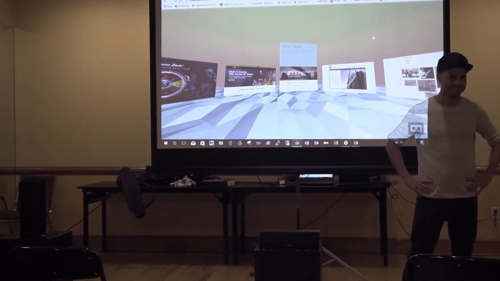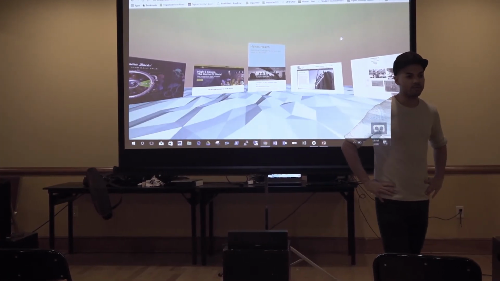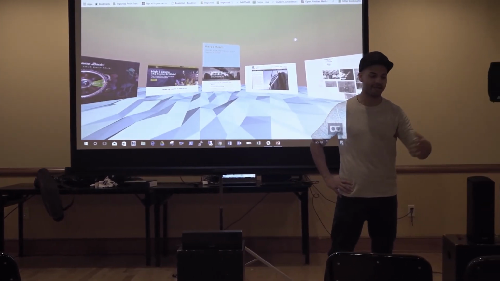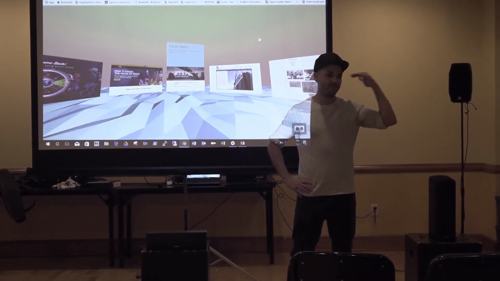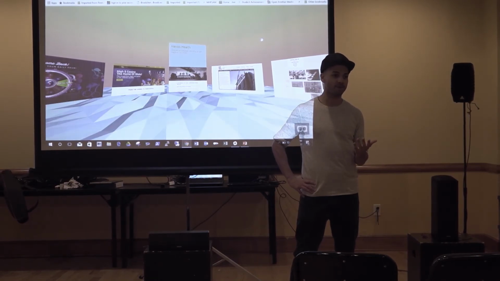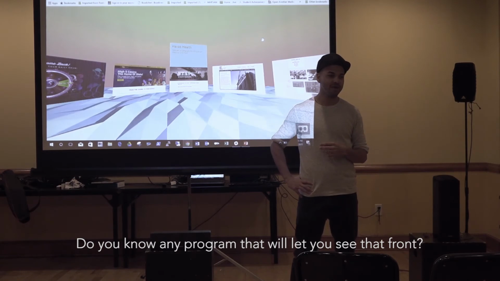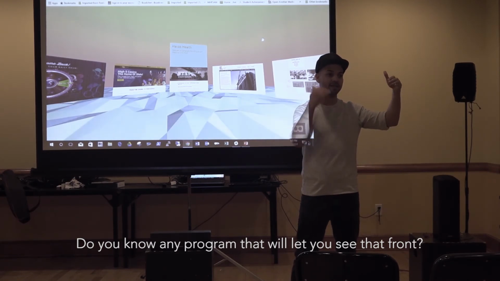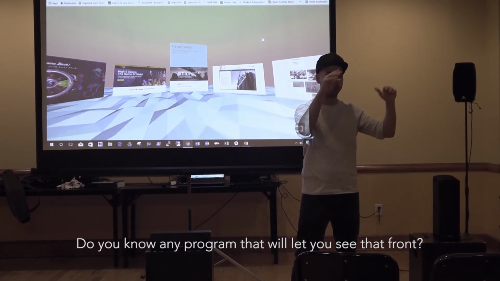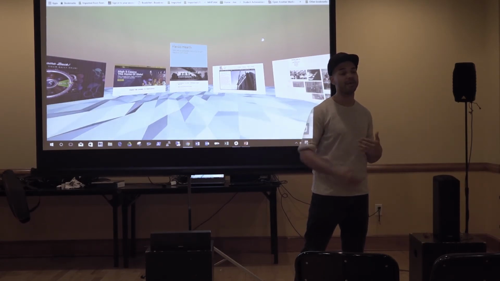What's the trail of breadcrumbs? Well, one reason why I probably wouldn't see it as such is because it doesn't really allow you any good pass-through. That front-facing camera, you're not getting super good quality out of it. Do you know any program that will let you see that front? Well, it's not about just seeing it, because it doesn't understand depth. You know what I mean? It's just one facing camera. All it is is a flat lens. You're getting no depth map based off of it.